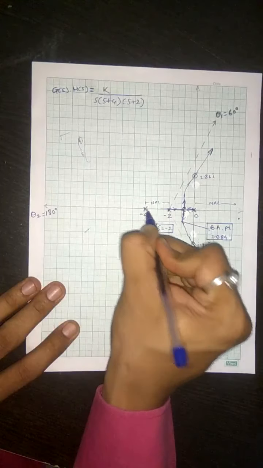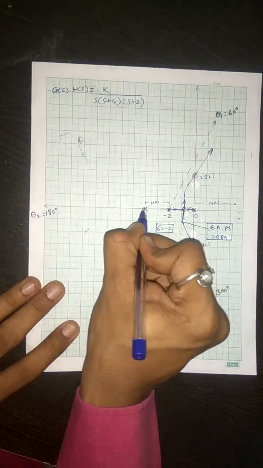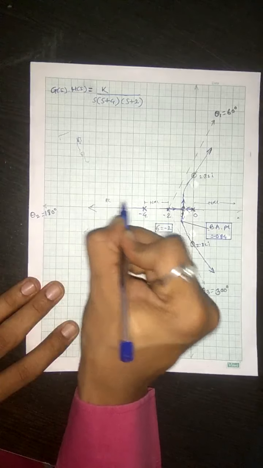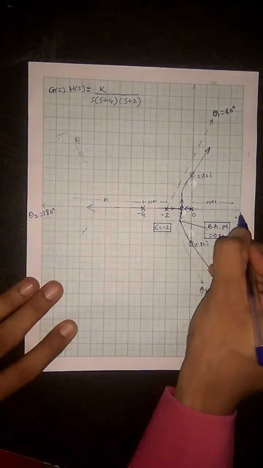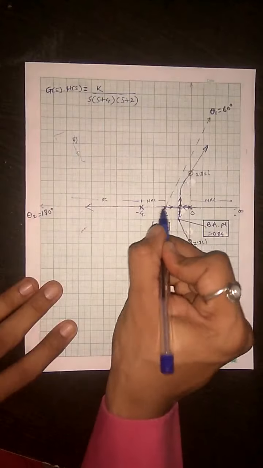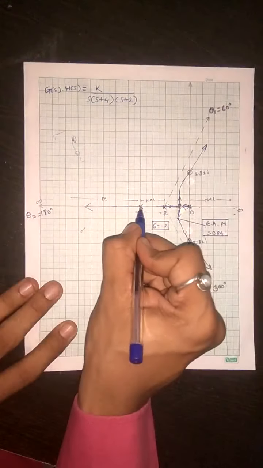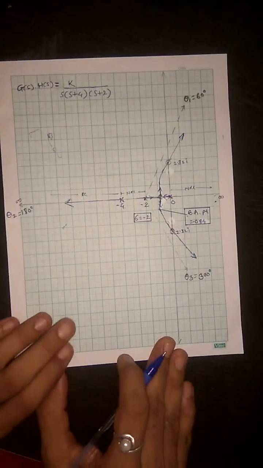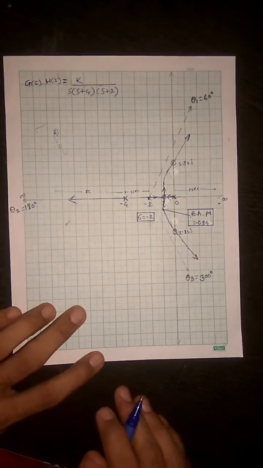There is one more pole at -4 and one more asymptote is 180 degree. So the remaining pole will follow your remaining asymptote, and this is a root locus region as well. So your root locus can be drawn in this section, because the sections were like infinity to 0, 0 to -2, -2 to -4, and -4 to minus infinity. So your third root locus will be like this. Okay, this is a complete root locus for that numerical. Got it? Thank you. Next numerical we'll discuss in next lecture.